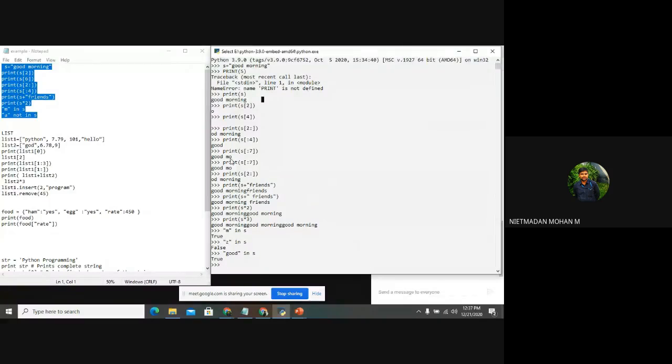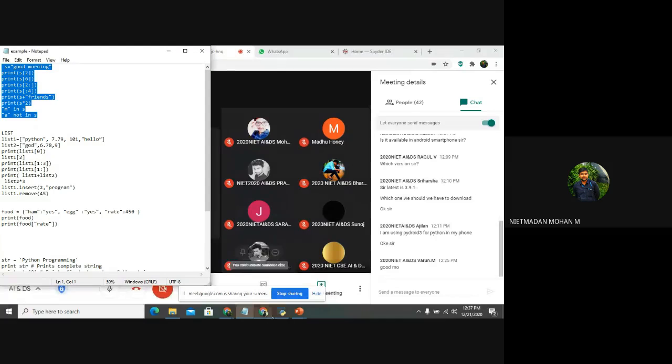I will share some more examples related to strings in your WhatsApp. Then you can do your homework. Then it will be very easy to identify when you are going into the programming part. And next,